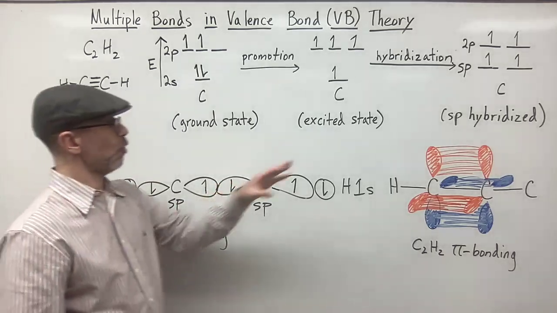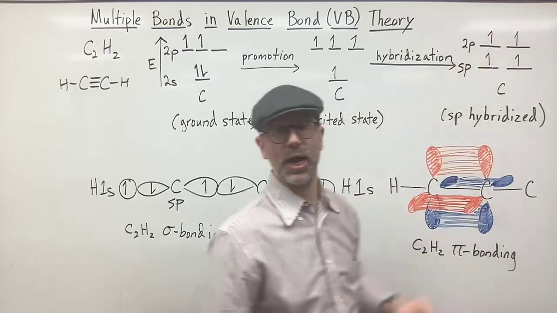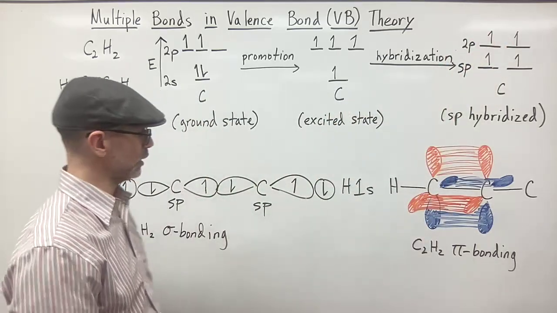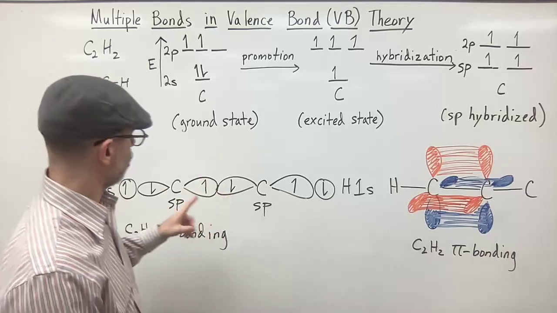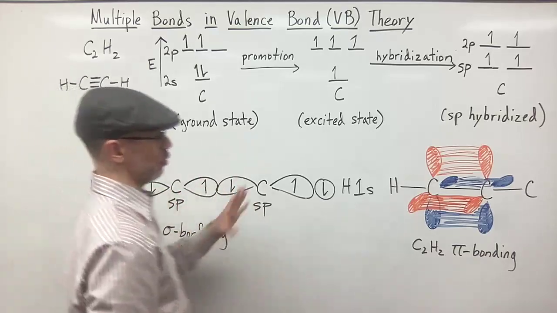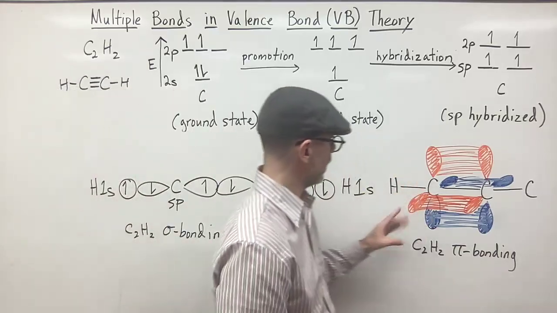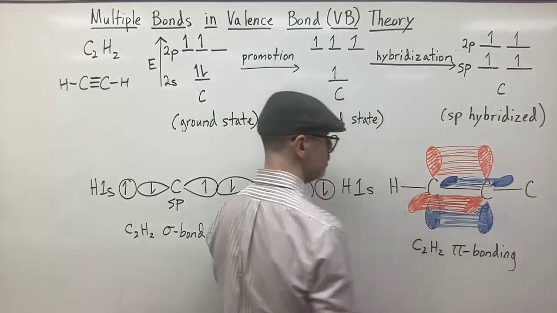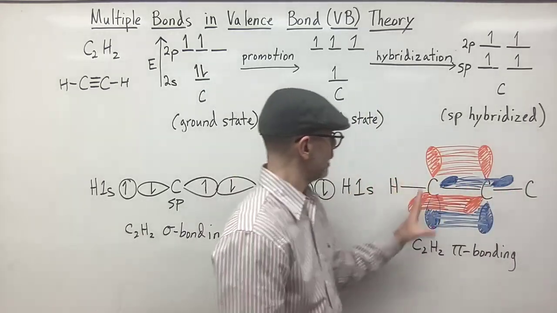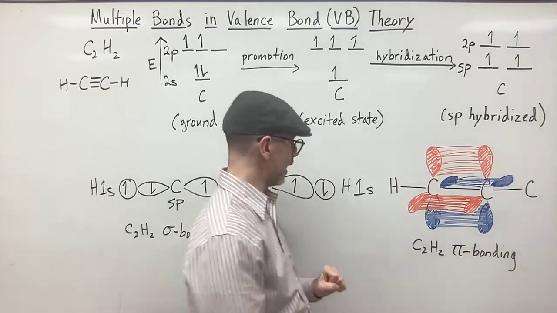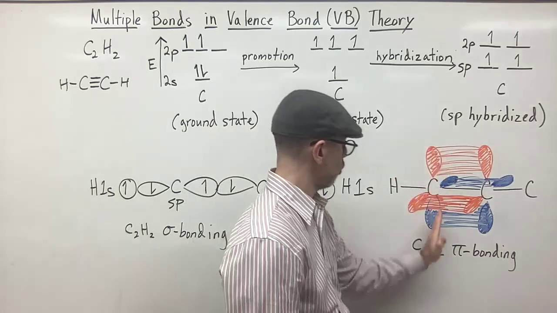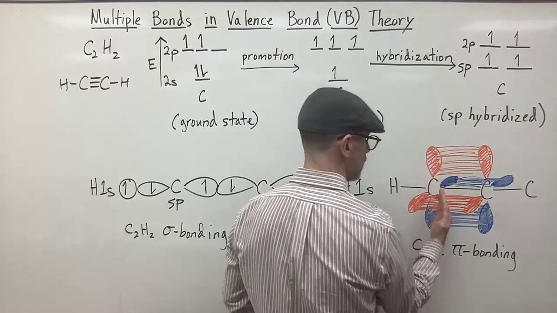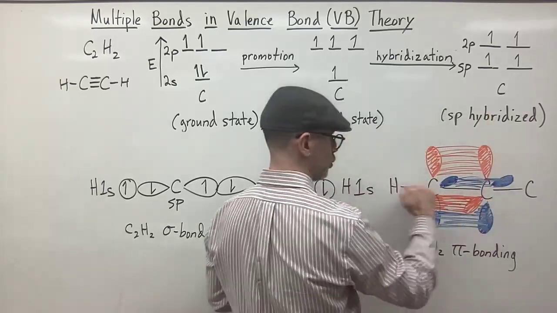So as mentioned before, we have two unhybridized p orbitals, both of which have a single electron. And that is for both carbons, not shown here. So we're going to go over here. And so here we have the sigma bonds in lines here, and we have now the p orbitals. And again, this is one p orbital. This is the pz, right? This is the pz that is perpendicular to